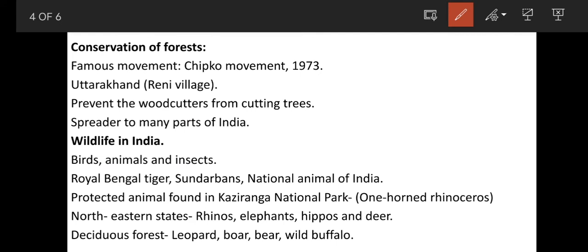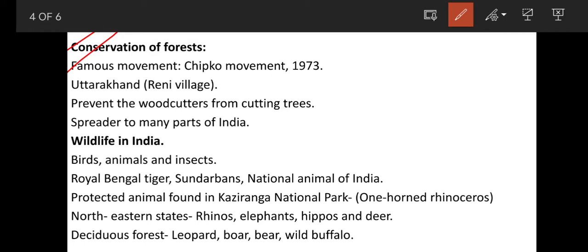First of all, let us discuss conservation of forest, which means protecting forest. In our country India, people started a number of movements. Why? To protect the forest cover of India, means to protect the forest areas in our country. What do you mean by movement? Movement means protesting